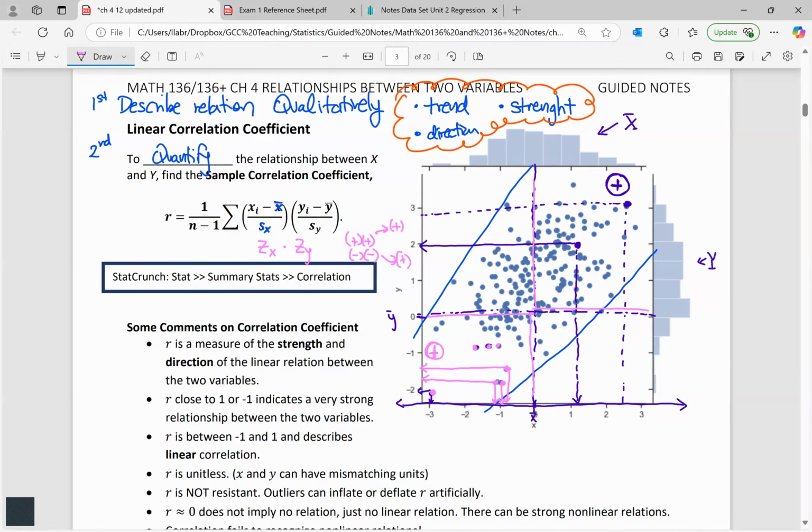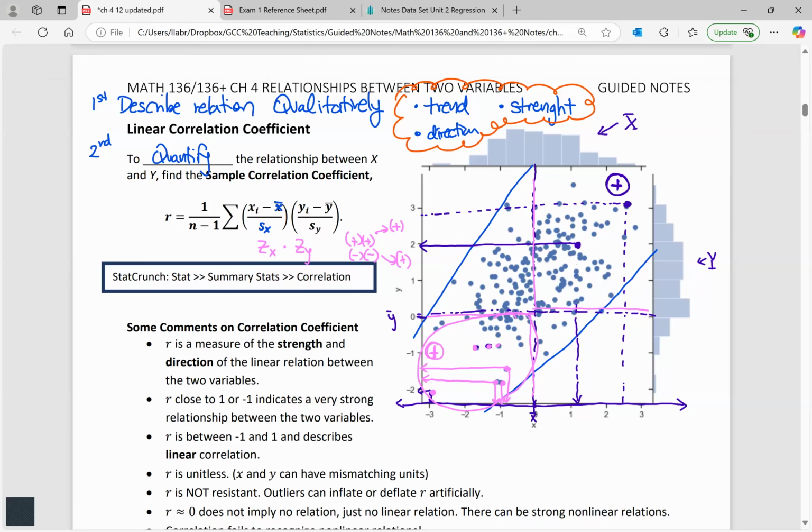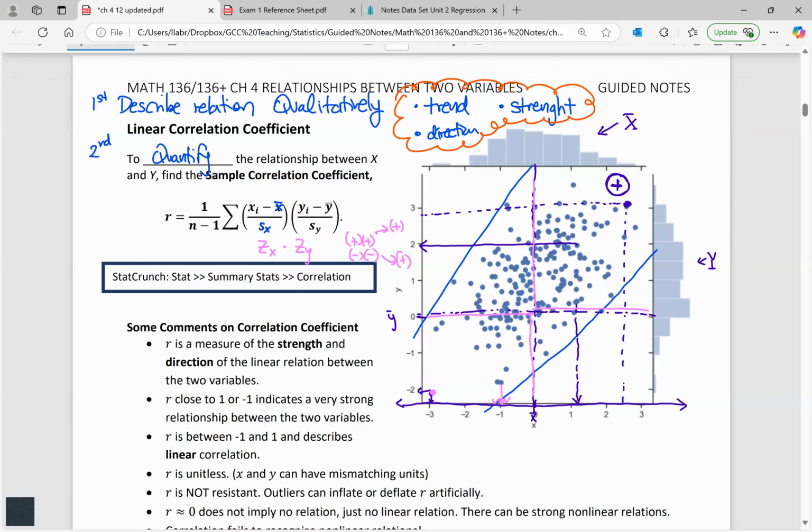So if you generally have data that is in this region and in this region, kind of like what we've got here, then we're going to obtain what is known as a positive correlation coefficient. On the other hand, if you have data points that are here, in other words, take